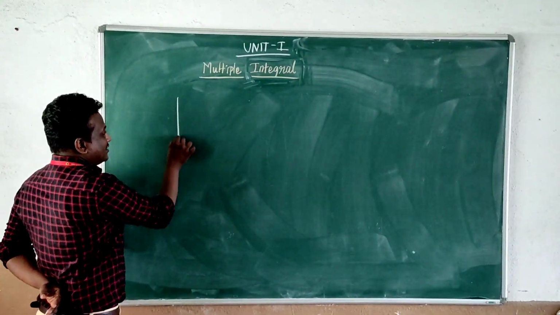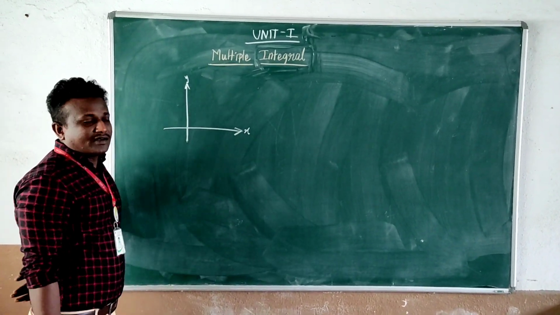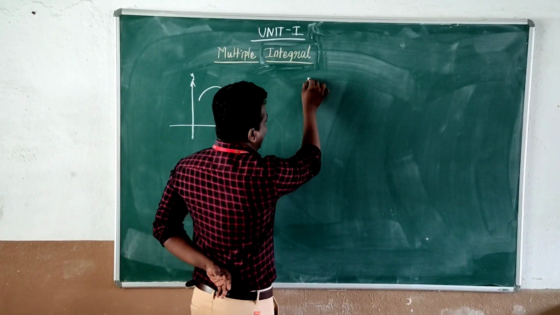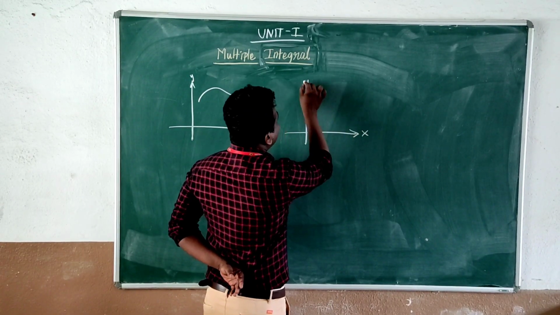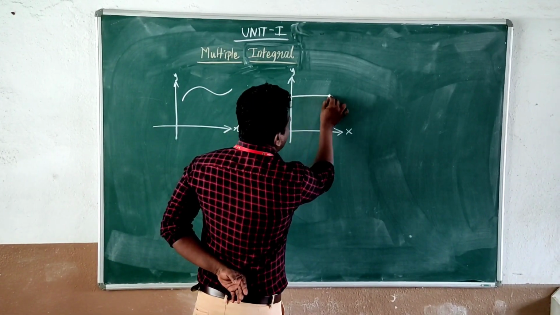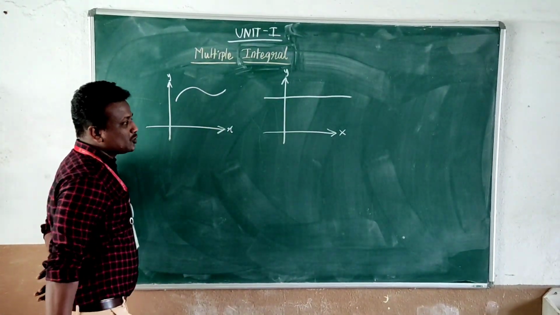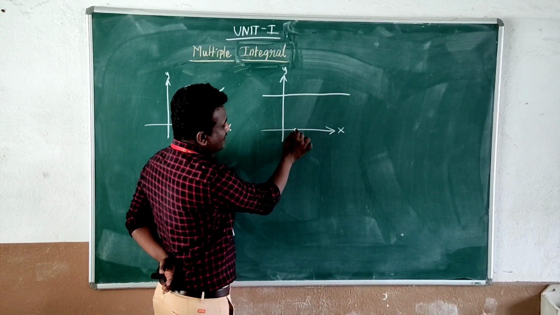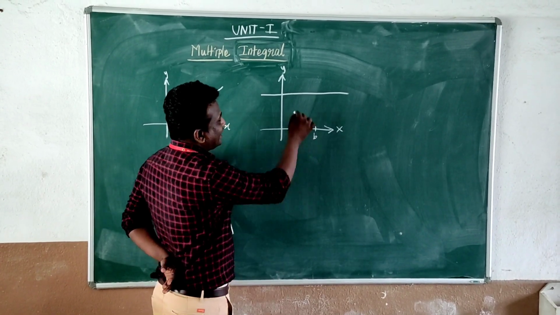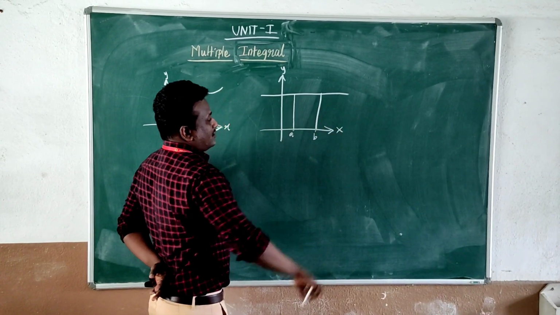Suppose we draw a graph, with an x-axis and a y-axis. Suppose there is a curve like this, and let us draw another graph. Again take x and y axes. Just imagine there is a straight line. Now I am going to fix 2 points on the second graph, this one and this one. Name them A and B. I am going to connect this line with the x-axis, and this one with this.